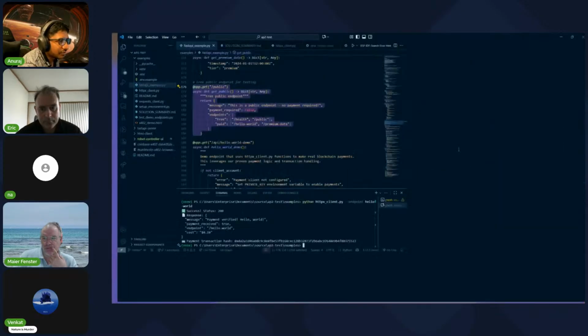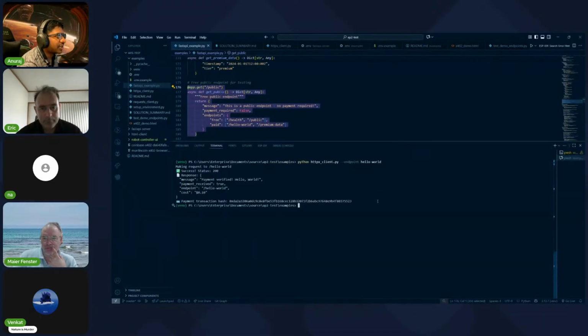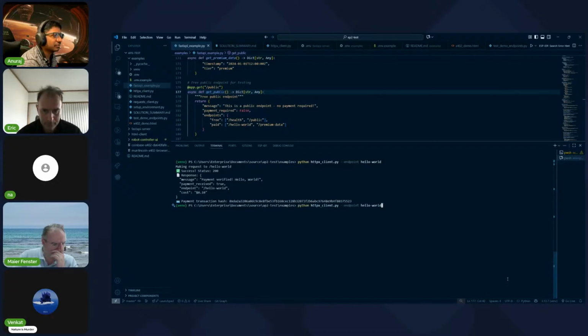Okay, this is working. So right now, there are two parts. One is the server, the FastAPI example, and then I've done two client examples from the examples given in the Coinbase repo. One is using the HTTPX library, and the other using the requests library. So if you do this and specify the endpoint, you have to put in your private keys and then some Coinbase